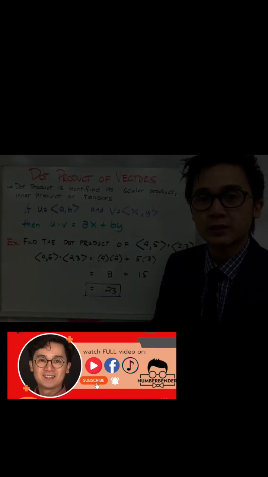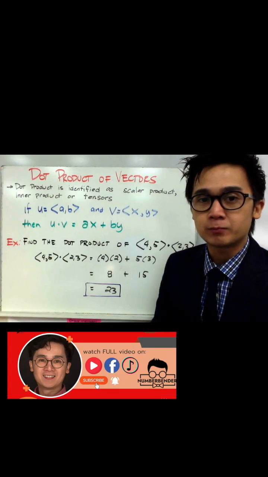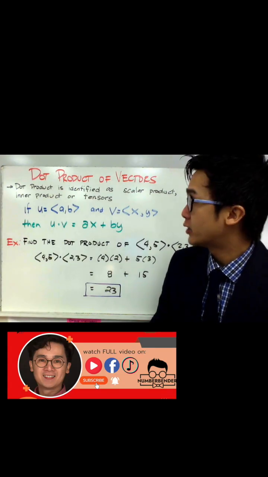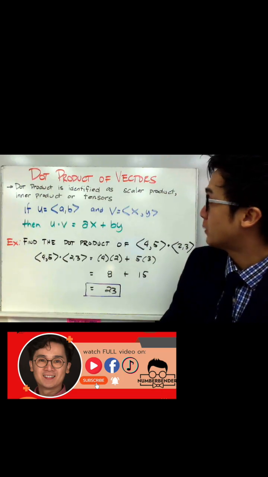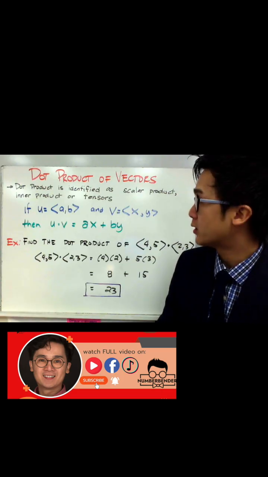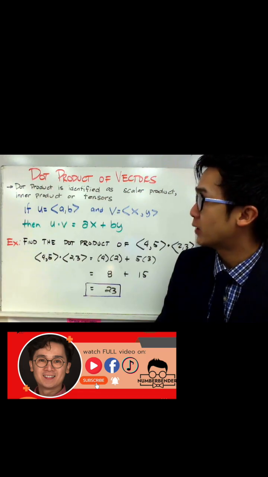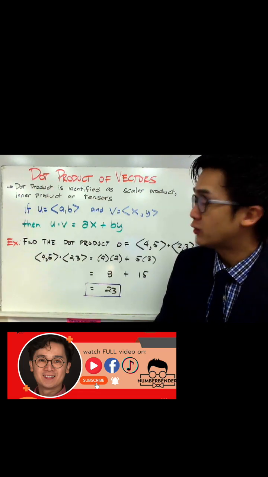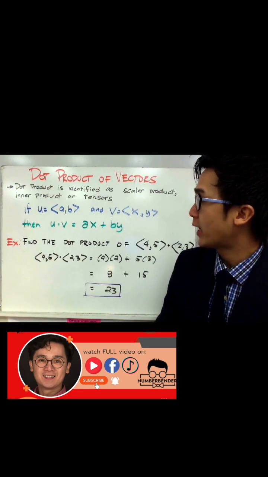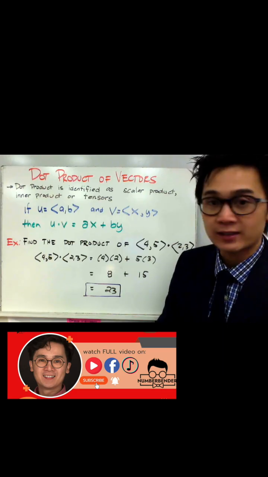One of the operations that you need to learn about vectors is performing the dot product. Now, dot product is also known as scalar product or inner product. So these are some of the names that are associated with dot product. Now, if we have two vectors, let's say u is equal to (a, b) and vector v is (x, y),